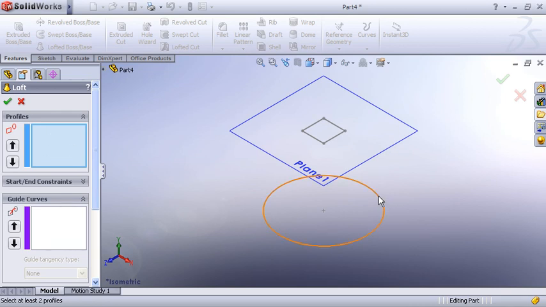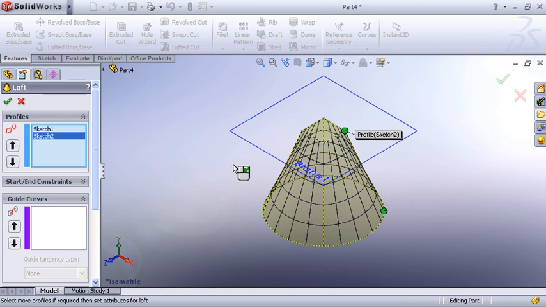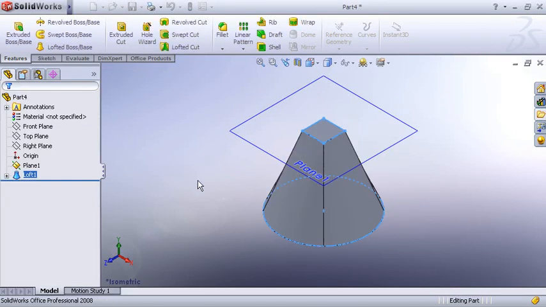Okay, now I'll select this profile and I'll select this profile. Two profiles I am selecting. So when you select the two profiles, automatically you will get a solid joining these two cross sections. Then click on OK. Now observe, you got a solid having one side cross section as a circle and other side cross section as